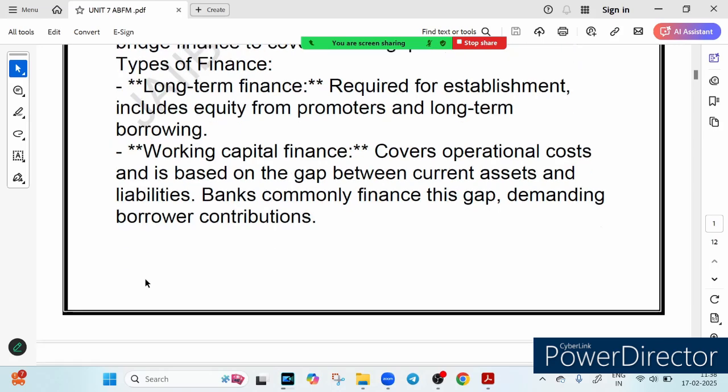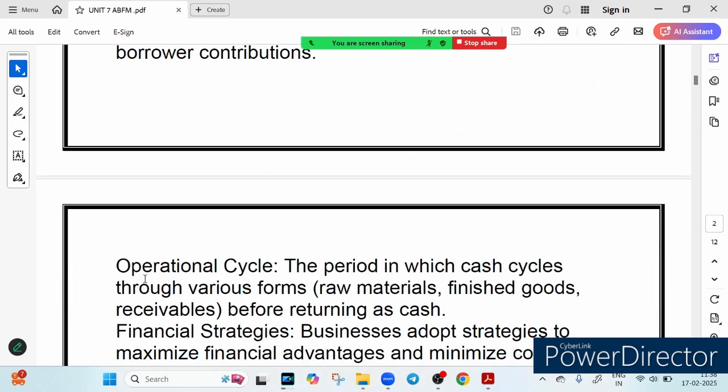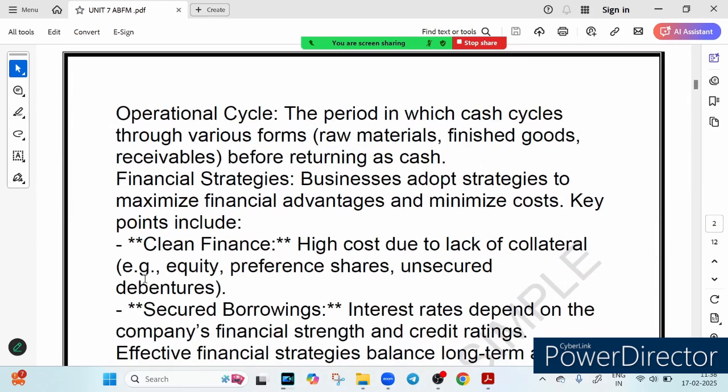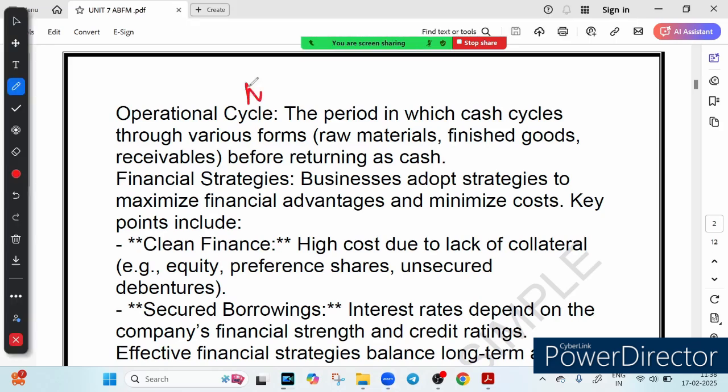Now the next question is how much money flows in a business. Let's talk about this so called operating cycle. So the question we are asking is how money flows in a business, that is called the operating cycle. Let's break it down. A business invests in raw material, turns it into finished product, sells it and collects payment, right? So what are the steps?